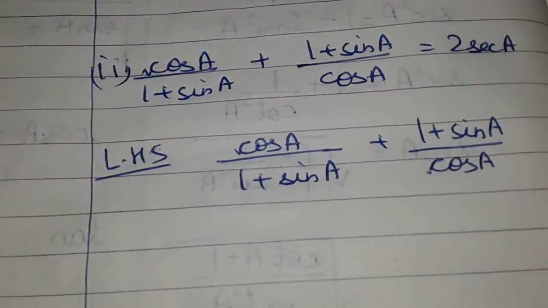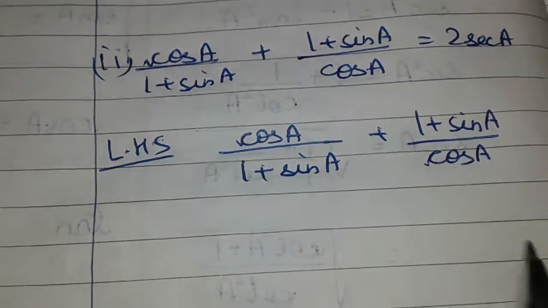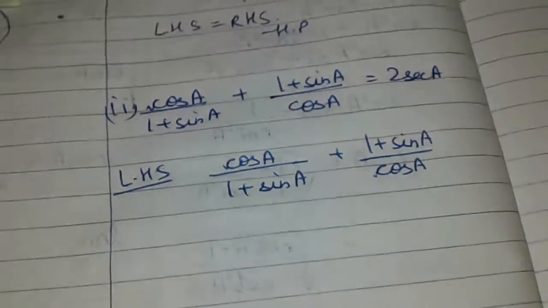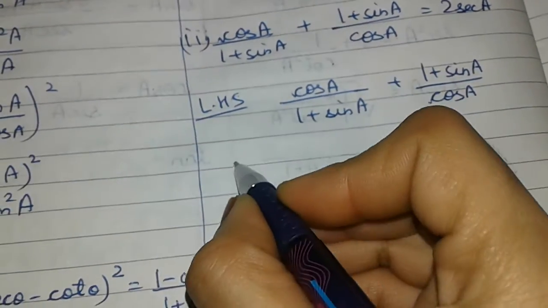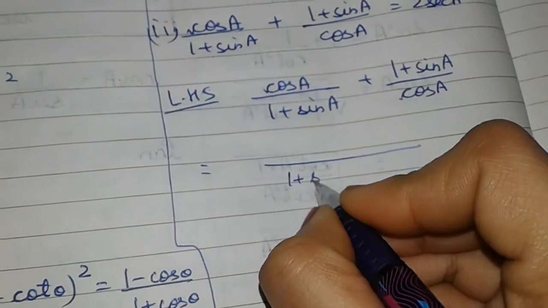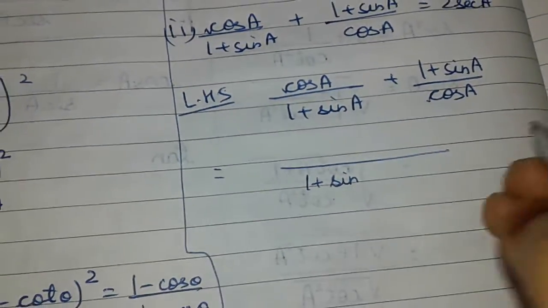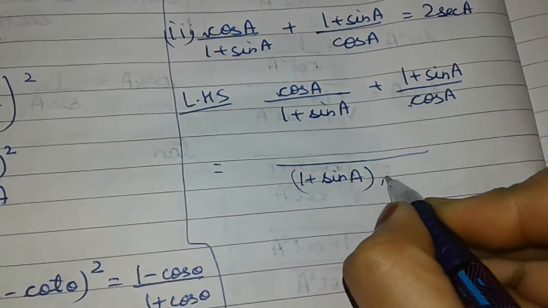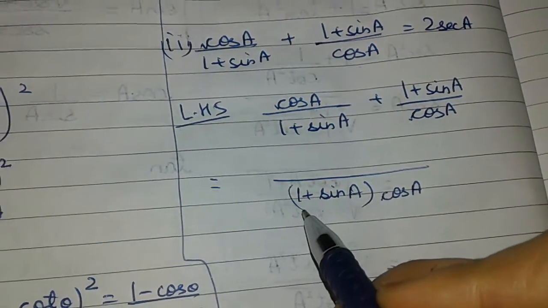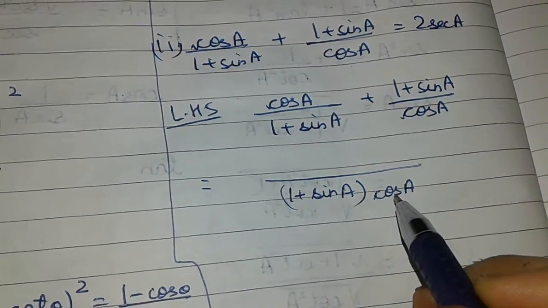Second question is cos A upon 1 plus sin A plus 1 plus sin A upon cos A is equal to 2 sec A. Write down the question. Here is the second part. Take the left hand side. Left hand side is cos A upon 1 plus sin A plus 1 plus sin A upon cos A. Now take the LCM. LCM here will be the denominator only. The denominator is 1 plus sin A into cos A. Now this 1 plus sin A will be cancelled out with this 1 plus sin A,